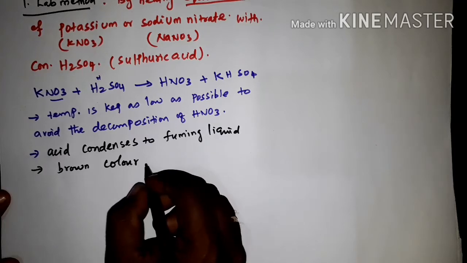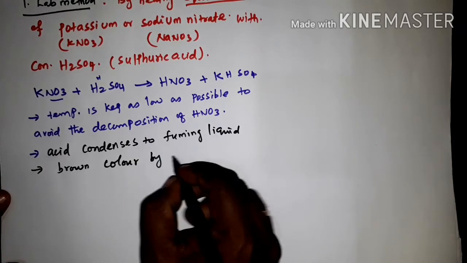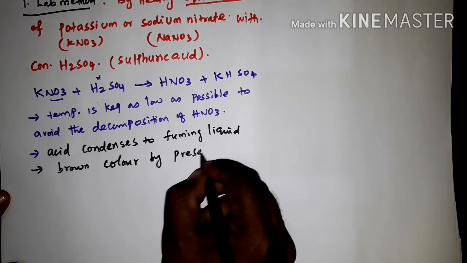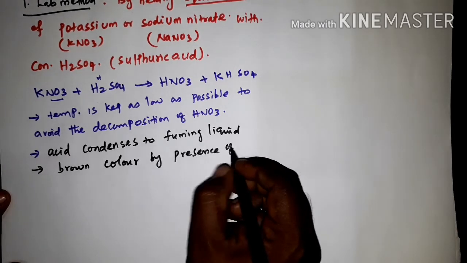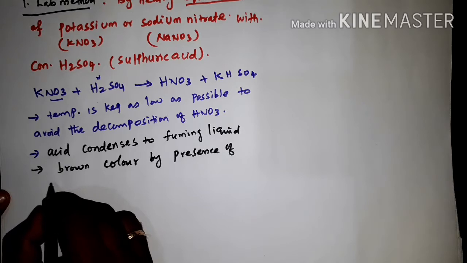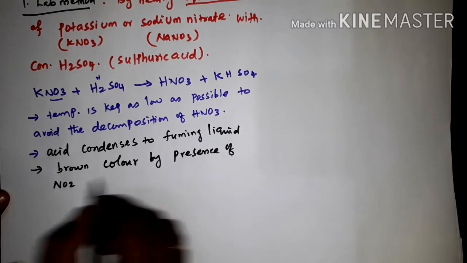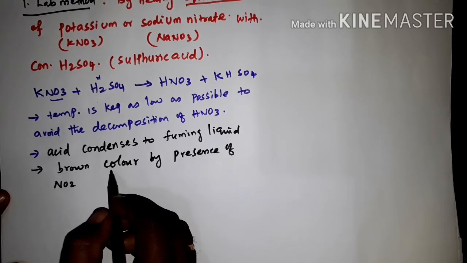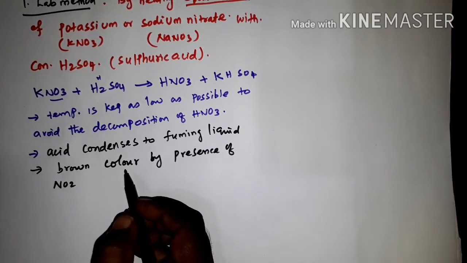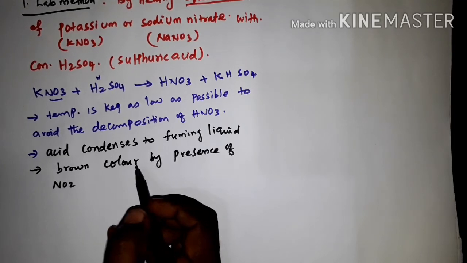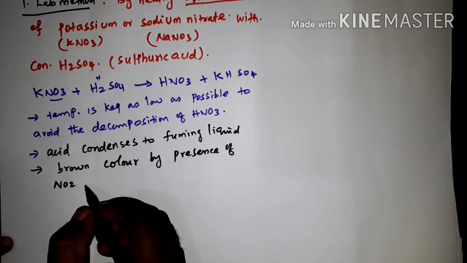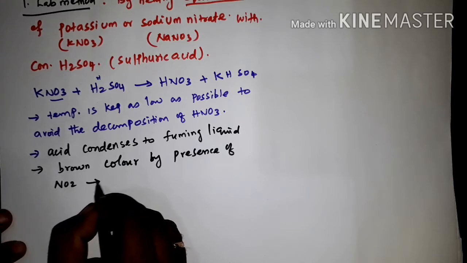That is due to the presence of little nitrogen dioxide, NO2. So due to the presence of NO2, we are getting brown color. Actually, that nitric acid color is brown. Why does that color come? That is due to the presence of nitrogen dioxide. Actually, this nitrogen dioxide is formed